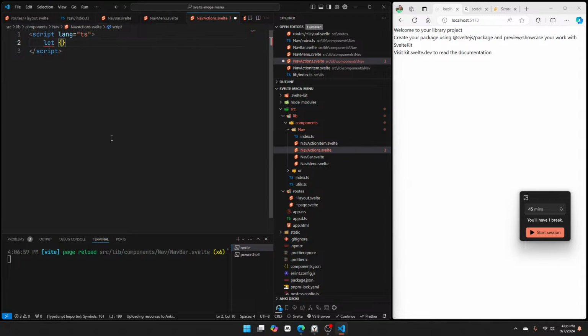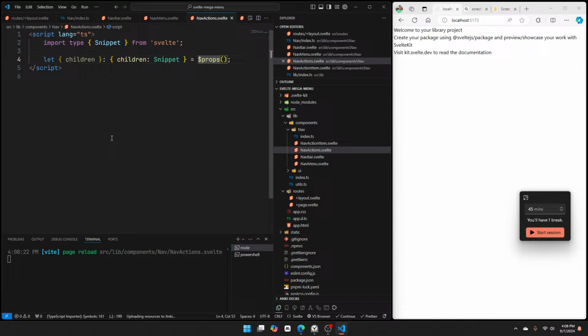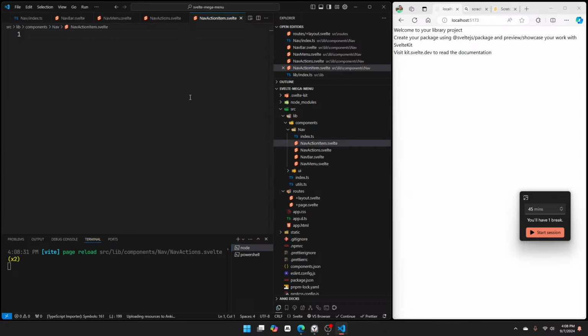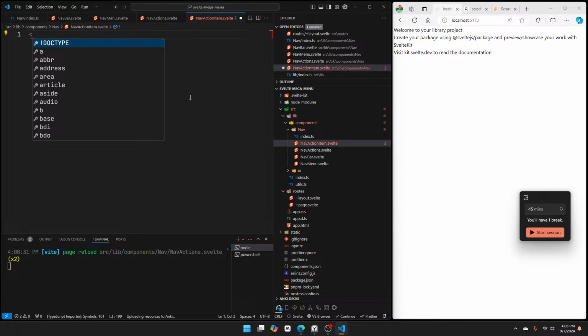let children, and it is getting better. This AI thing is getting better at recognizing what we want, but it still has a very long way to go. And within the nav action item. Now this is where we want our